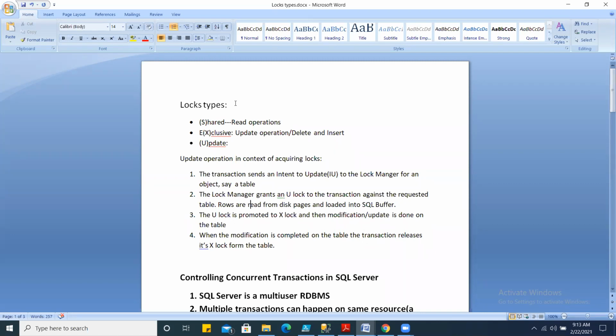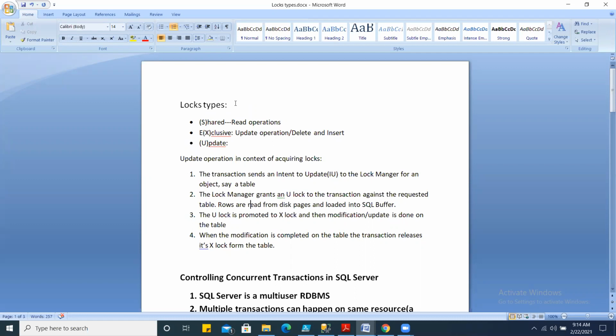Your resource could be a single row, a range of rows, a database page or multiple pages, extents, a table, and at a higher level, a schema and then the database, right? So these are your resources.